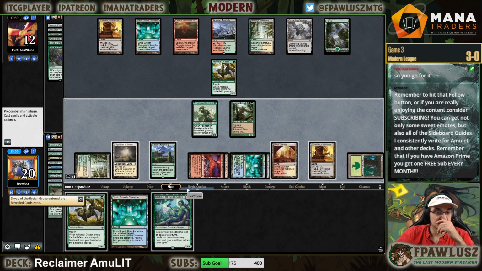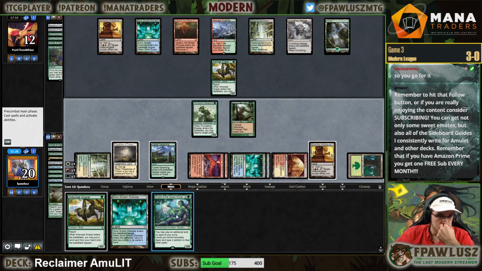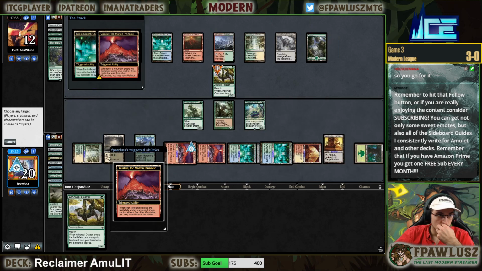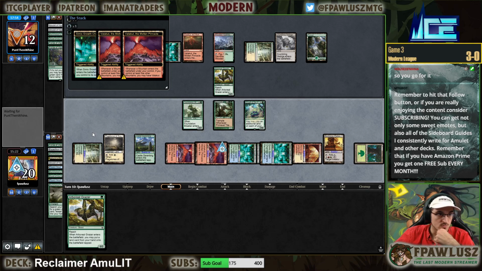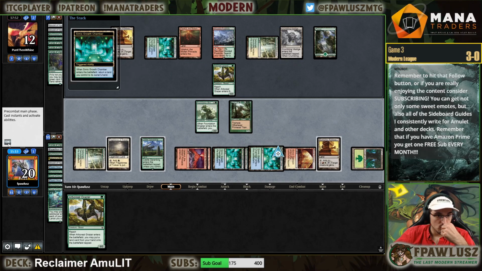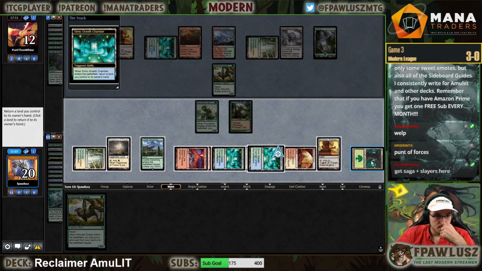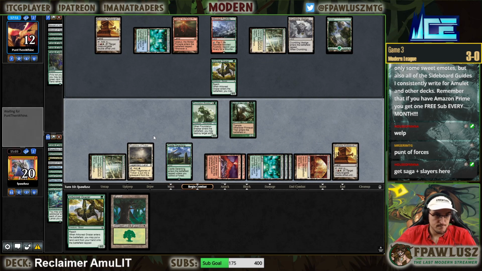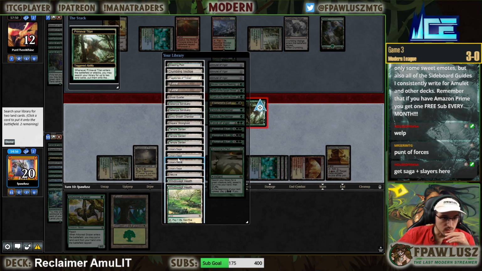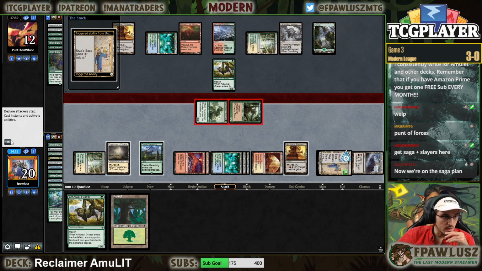Yeah, double striking is not lethal. And I don't have enough to haste and double strike, so. Yep, there's the Force. Yeah, we're definitely getting Slayers and Saga here because it can give us a potential lethal threat, and we're out of Tolaria Wests, right? So